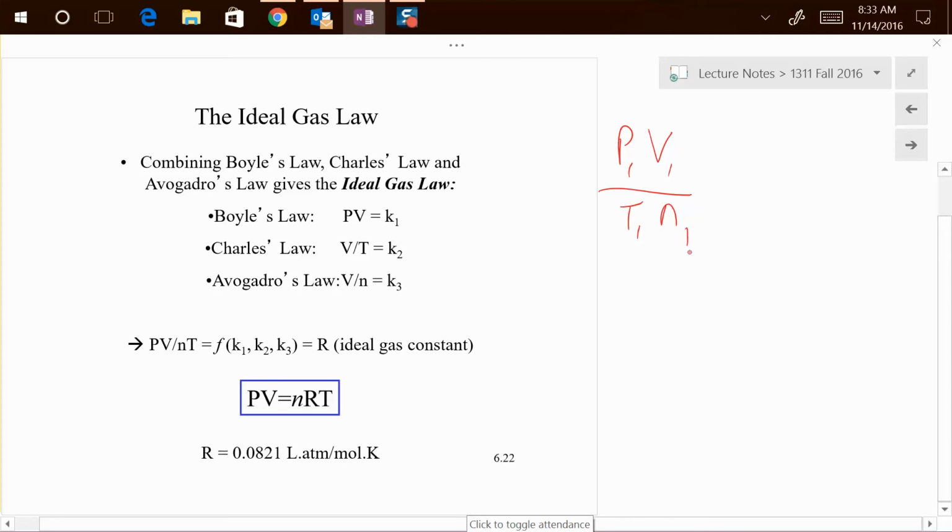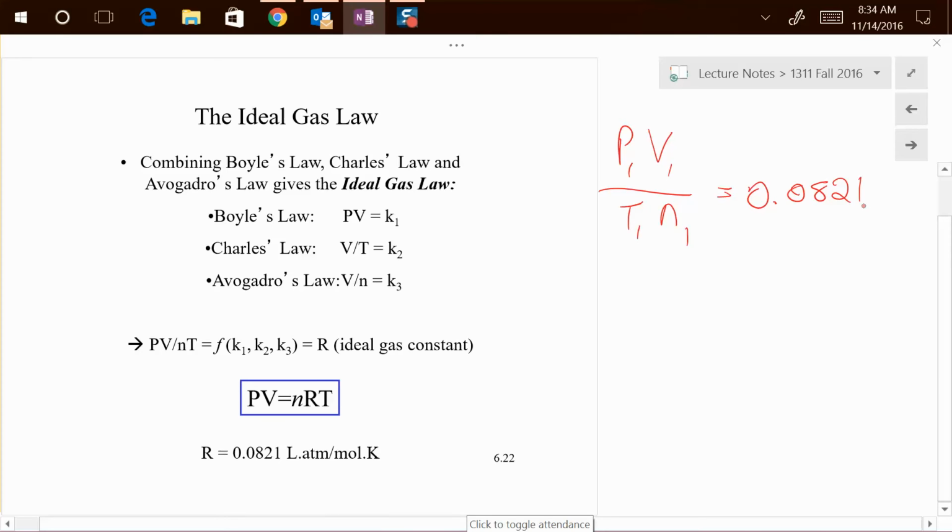But if I do that, then they will no longer equal each other on both sides. Meaning it's not going to equal P2V2 over T2N2, okay? It's not going to equal that. Now it equals an actual constant number that never changes. There is no more change in the system. If I have all four of those variables combined into one system, that system is at a constant value,